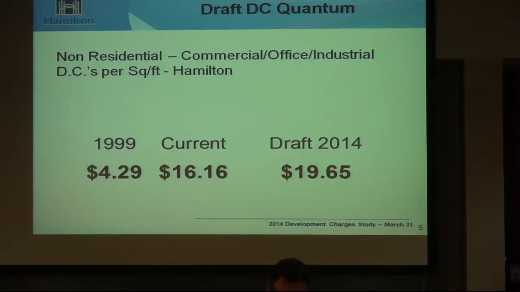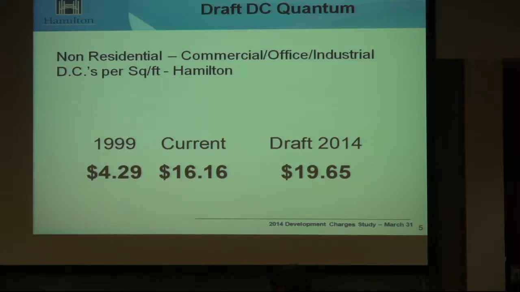Regarding the next slide, the non-residential development charge quantum for commercial, office, and industrial development charges on a per square foot basis. The fully calculated rate currently is at $16.16, and our preliminary draft number would increase that to $19.65 a square foot. Adam will go through this, but for small commercial developers the city does have a phased-in rate. And I think it's over and above 10,000 square feet that you don't hit that full